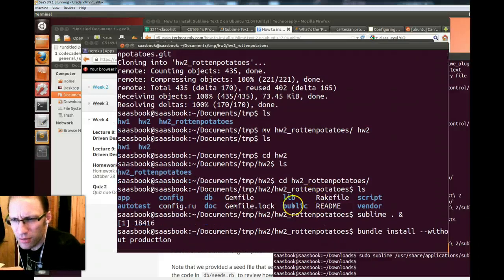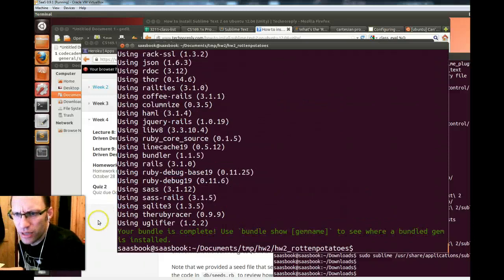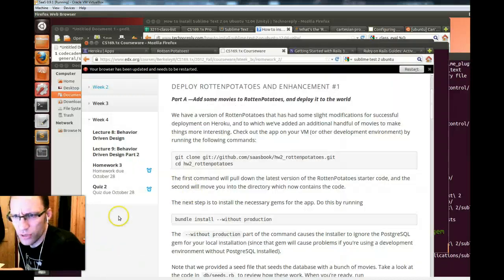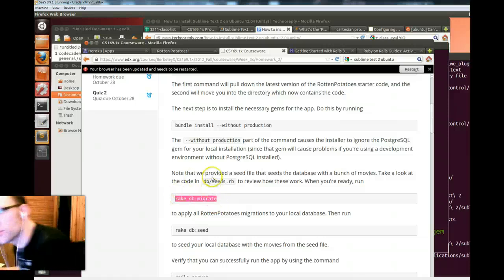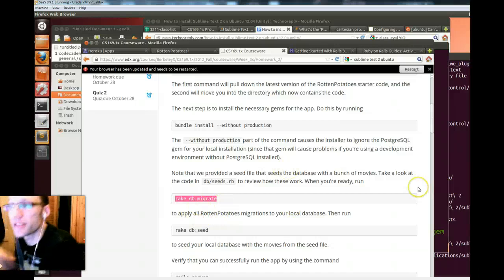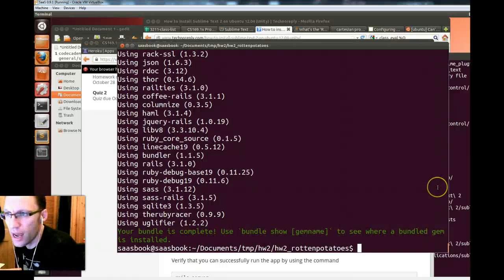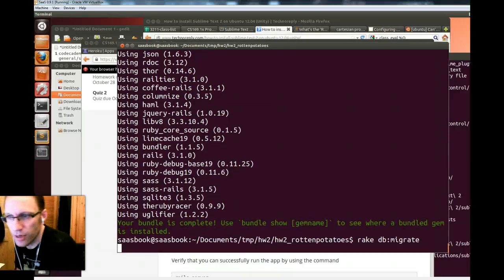I've done that already. Hopefully that won't take too long. Yep, that was fast because I had them all. It took a bit longer for you. And then the first part of this homework, you just step through. This migrate is going to create the database that we need with the appropriate SQL tables and so on to support this little movies app. So we run Control Shift paste rake db migrate from the command line there,